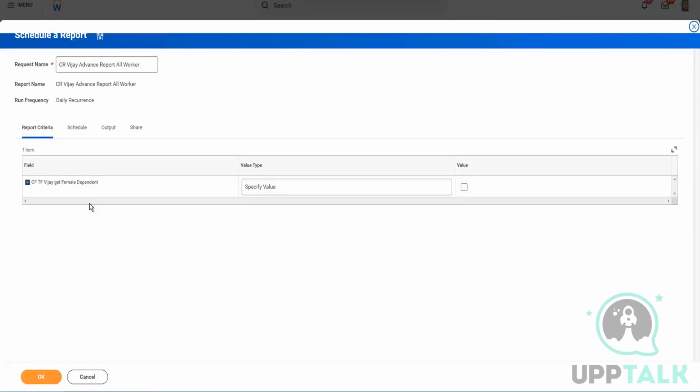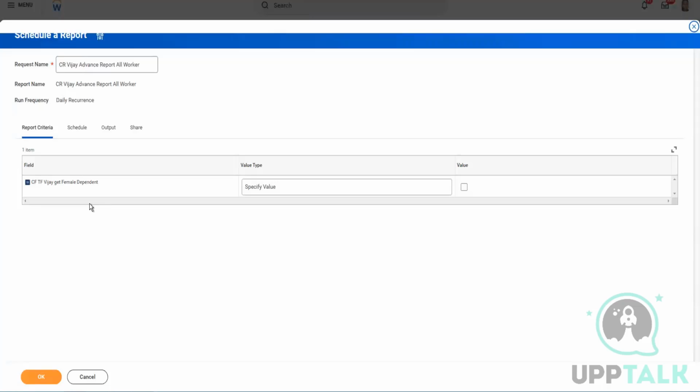Let's say there was a hire date prompt and you were generating a scheduled report, so that any user whose hire date is after this particular date should be part of my output as a prompt. So you can make a dynamic rule on that. You can create conditions, let's say you're generating a future hires report. So for any person whose hire date is coming 7 days down in the future, you want recruiters to be aware of that data, and maybe you want to share the output to them, so that you can build some kind of rule